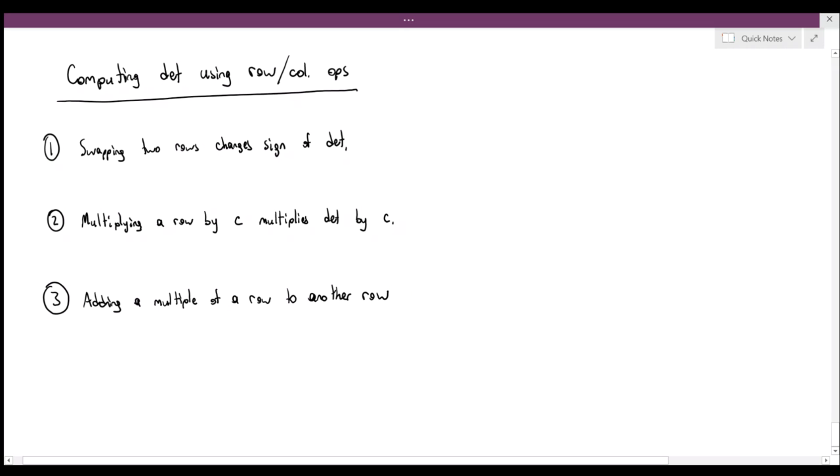When we perform this type of row operation on a matrix, it turns out that this row operation does not change the determinant at all. So adding a multiple of a row to another row does not change the determinant. So to see how we can use this information,